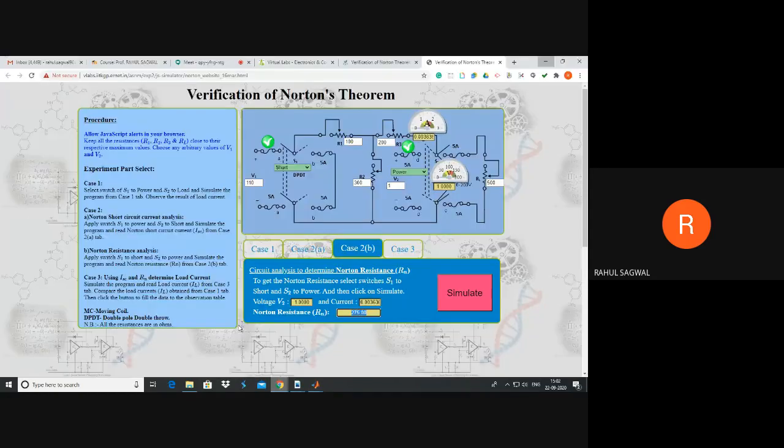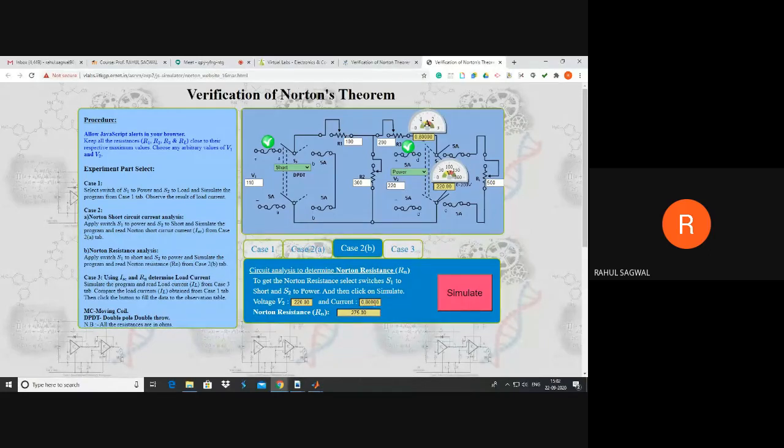Okay, so if you change this voltage to some different value, which we were taking as 220 initially, now also the value of resistance will be the same, only the value of current will vary as per your voltage provided. So that's why you can take any value of voltage here, 1, 2, 3, 4, 5, any value.